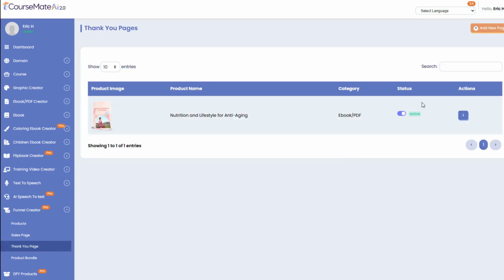Thank you page added successfully, and it is already active. And from this Actions menu, once again, we can click to view it. That's where we would get the URL if we wanted to use the hosted version on this domain. We can click to Design and make changes to it. We can update the page, view the thank you page data, or download the HTML file. So once again, that's a great option for you if you are working for clients and need to deliver this